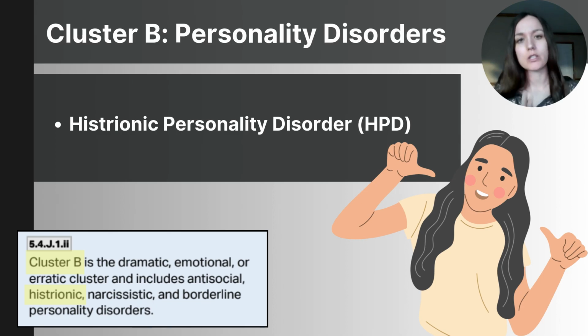Key considerations for histrionic personality disorder is that it goes beyond just being outgoing. Individuals with histrionic personality disorder really have a deep sense of need for attention and may go to great lengths to get it. Unlike narcissism, those with histrionic personality disorder are seeking approval rather than superiority. So they want to be liked, not necessarily just admired. So their emotions can appear intense, but lack depth and shift quickly.